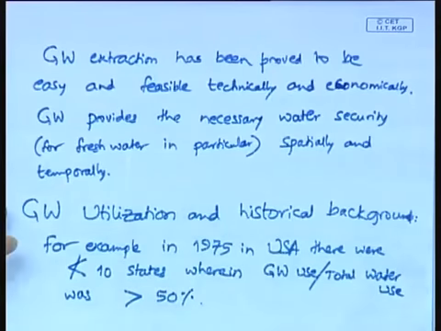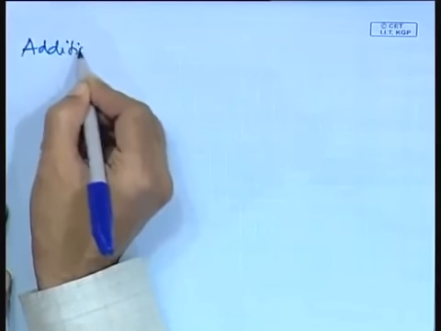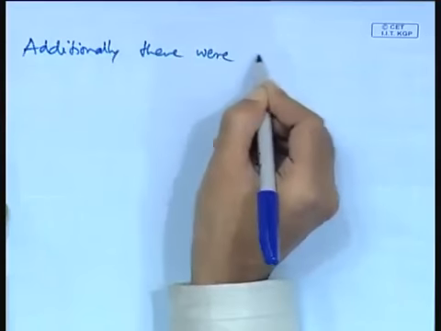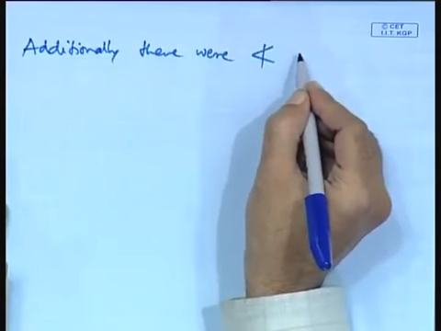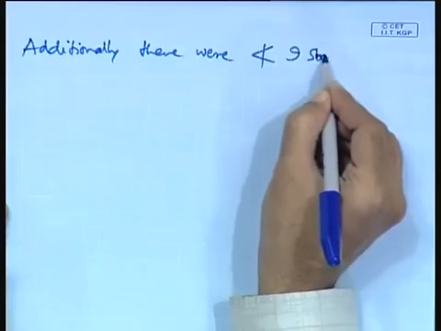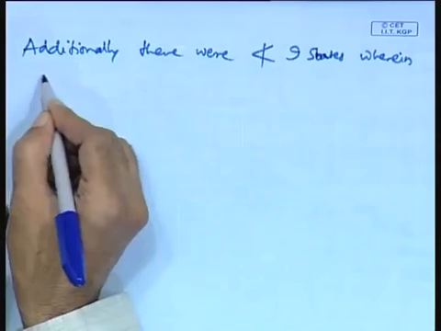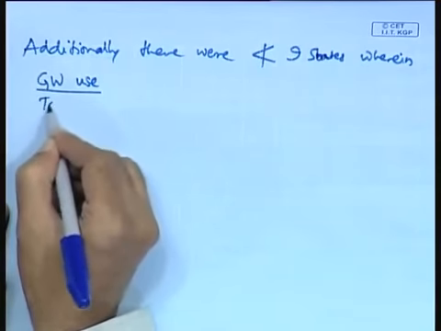And added to this, there were additionally not less than 9 more states wherein groundwater use divided by total water use